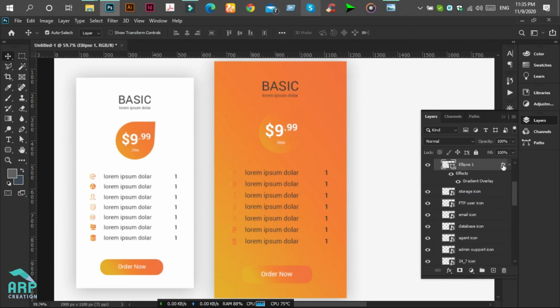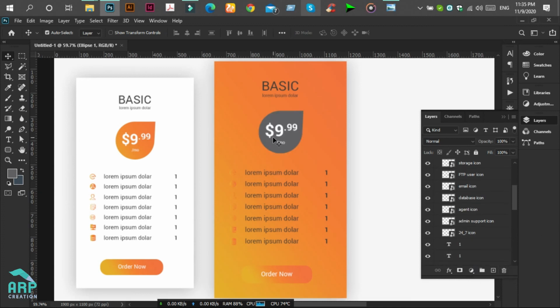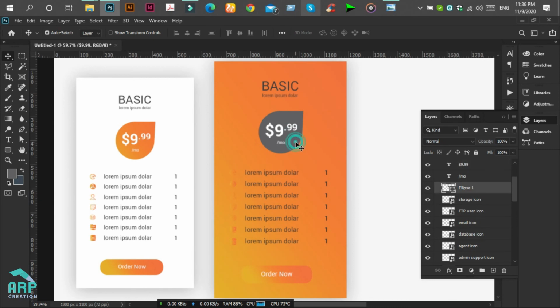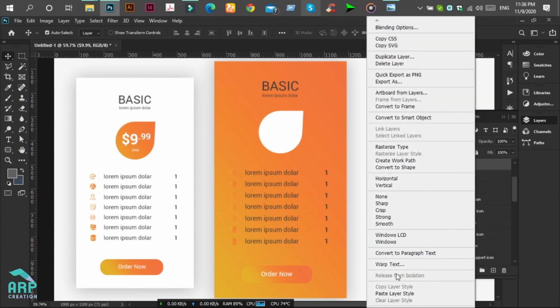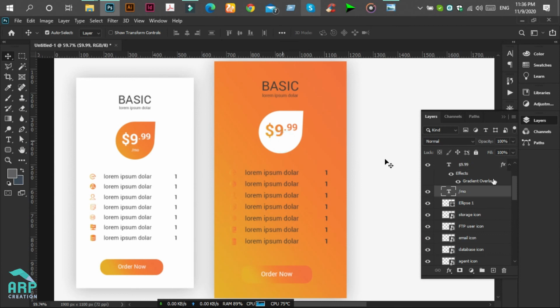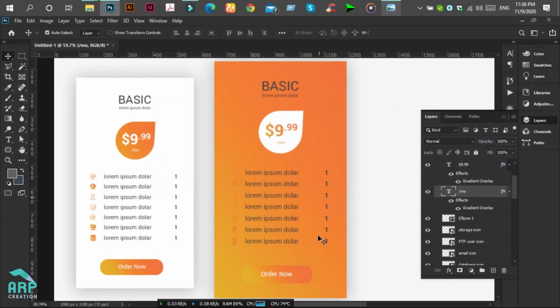So delete this gradient overlay and change the shape color to white. And now we'll change this text color to gradient color, and we will change this text color to white.